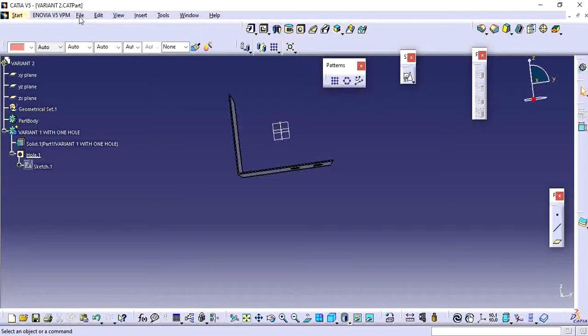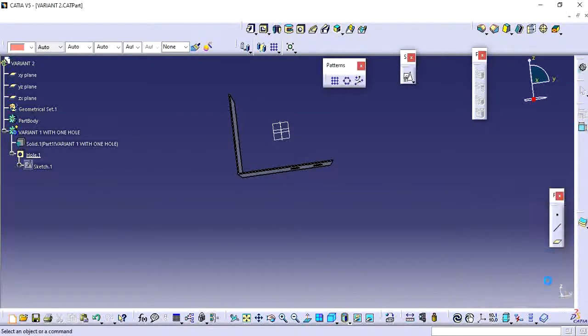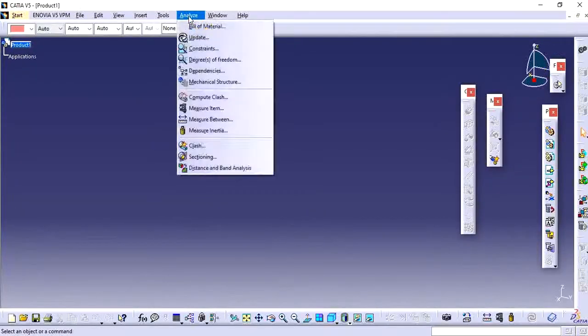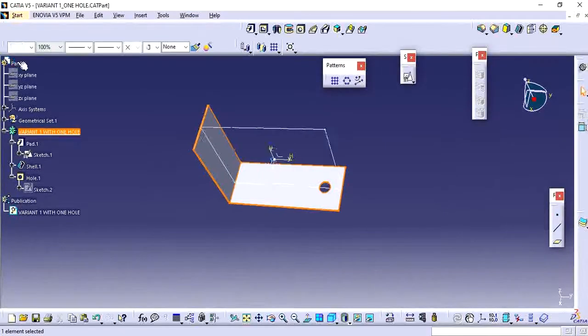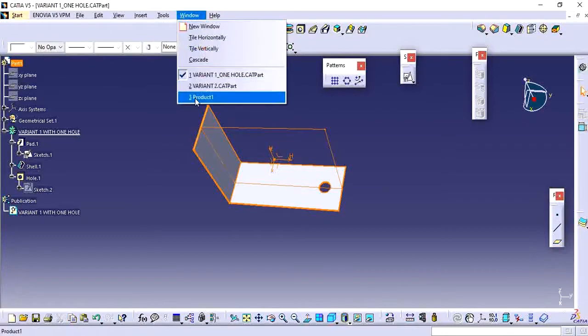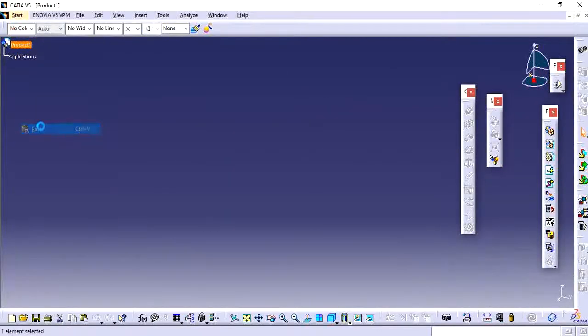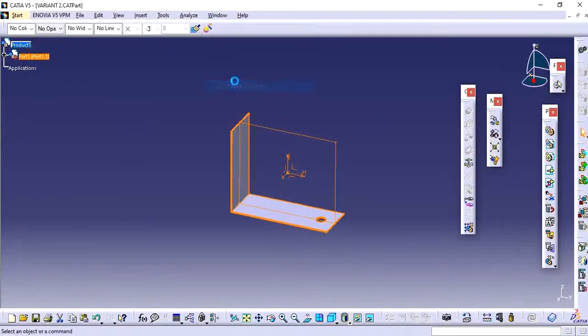So I'm going to create one more assembly. I'm going to put these two variants into one single product file so that the link won't get broken.